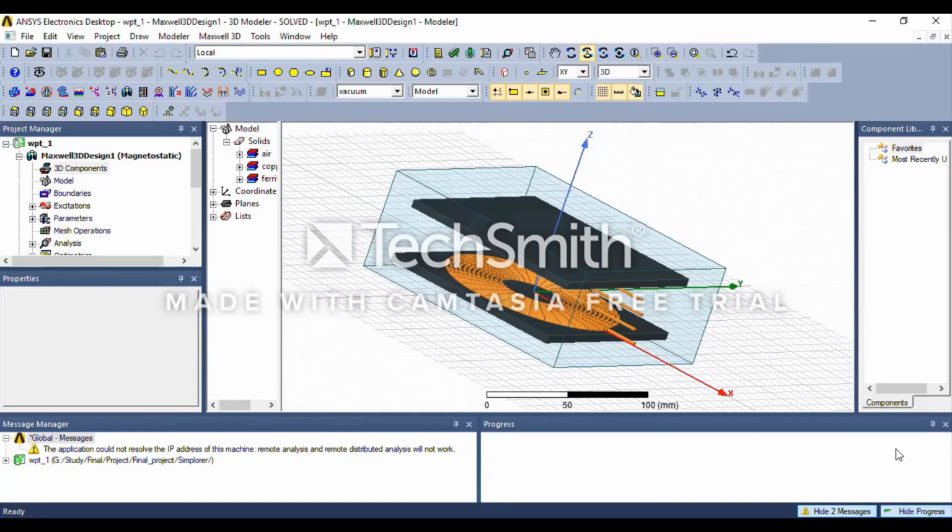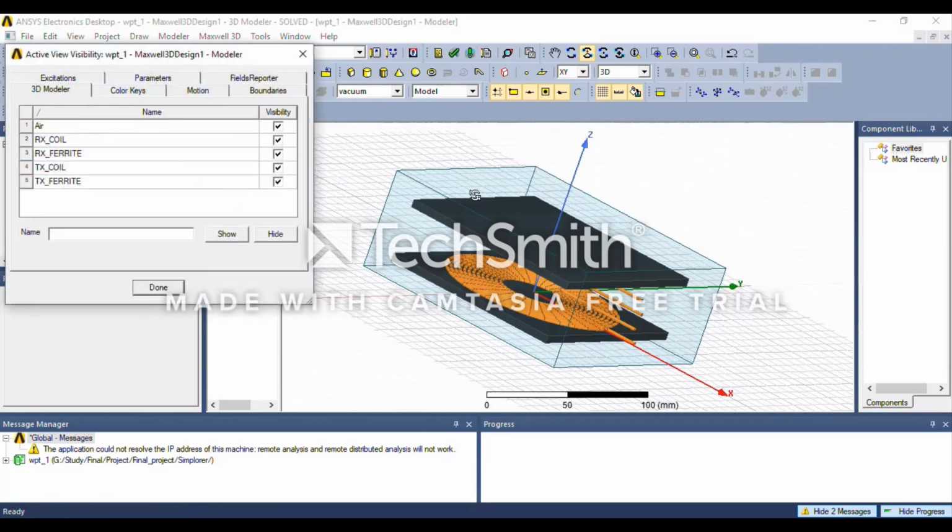So now let's move towards the ANSYS part. Here let's start with the coil design. The factors on which the inductance of a coil depends are the diameter of the cross section of the wire and the number of turns of the coil. And as we are designing a spiral shaped coil, the spacing between the turns of the coil and the starting radius of the coil are also factors on which the inductance of the coil will depend.